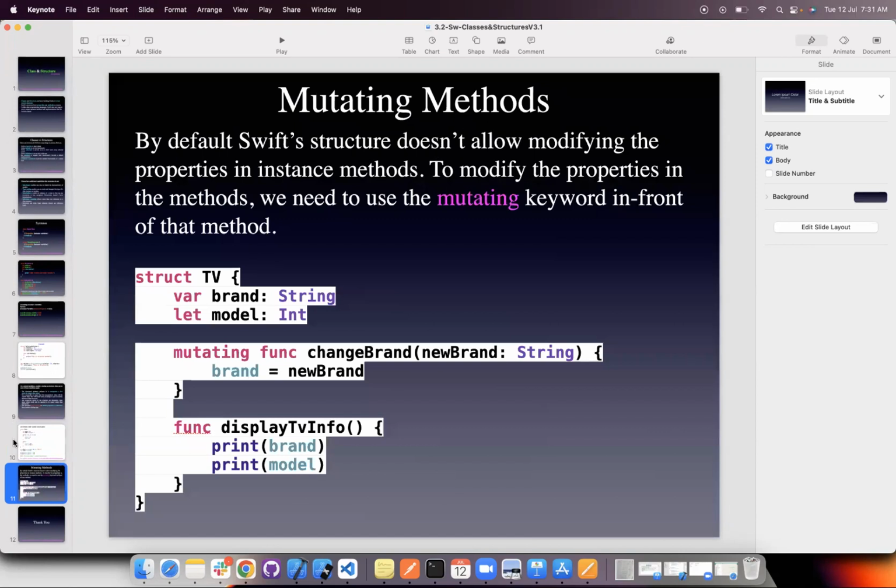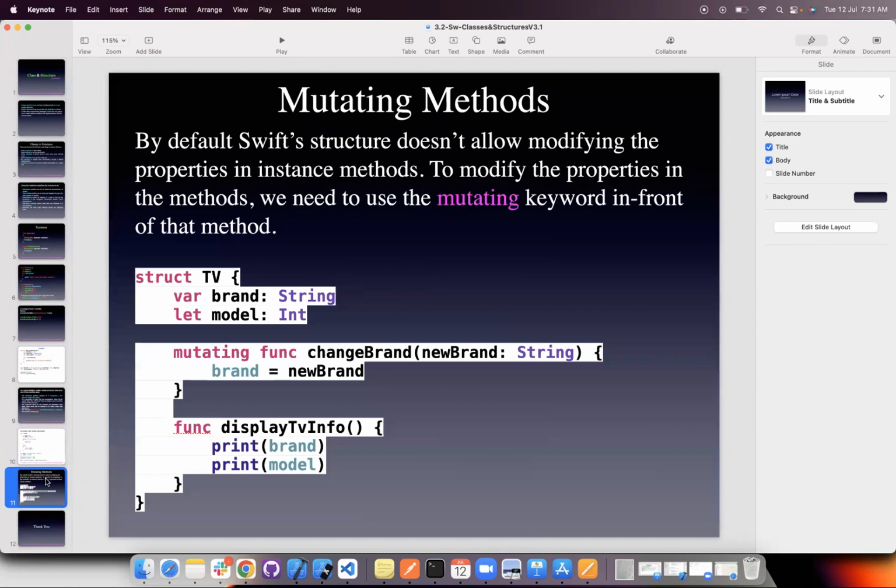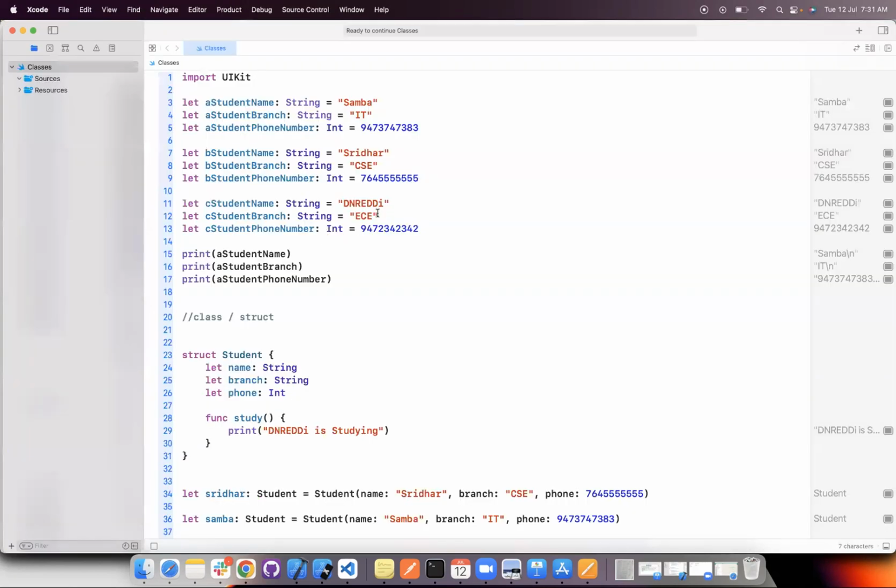Mutating methods we will see later. Basically, today's session is just to give you what a structure is, what a class is, the purpose of that, why we need classes and structures, and what benefits we have. Tomorrow we will see some other